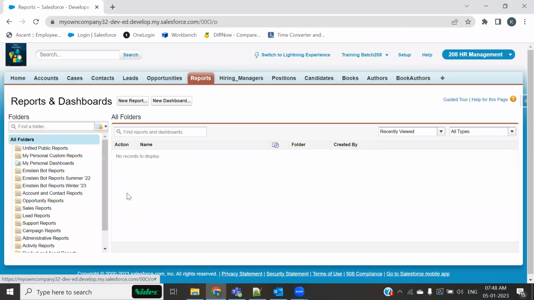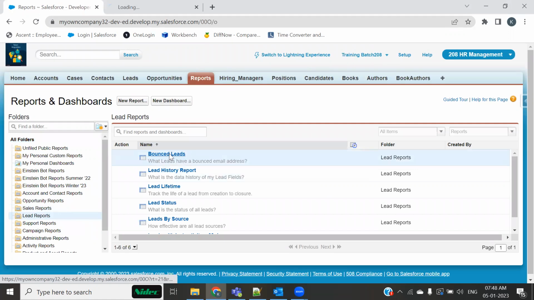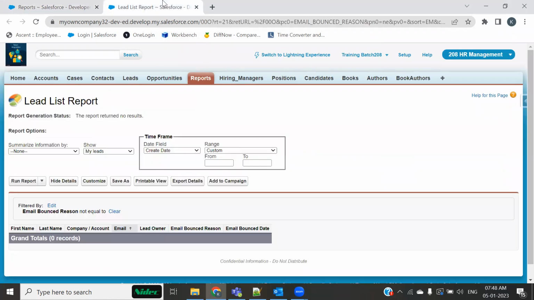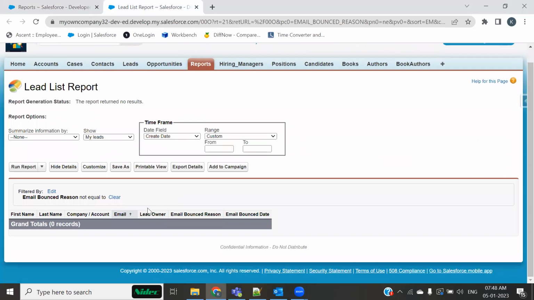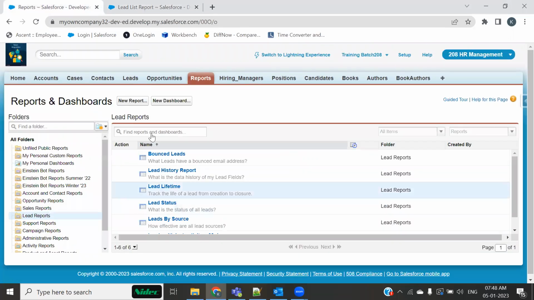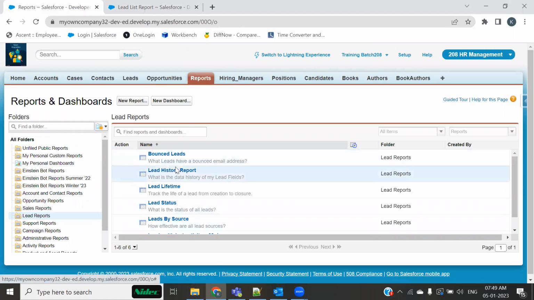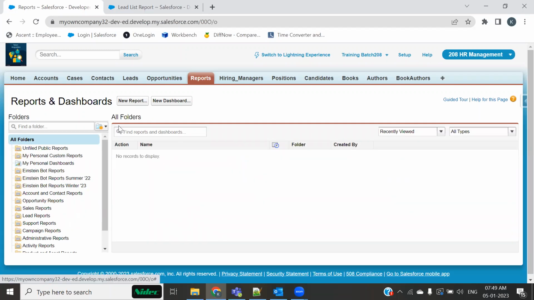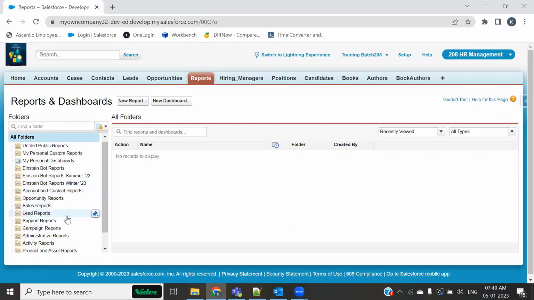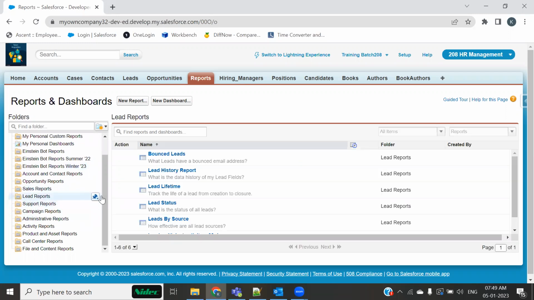There are so many of them as well. If I click on, for example, lead, there's a report called bounce lead. When I click onto this, I can see this. Now, whatever we are looking at right now, let's try to first understand this. There are two things that I have identified. As soon as I click onto the reports tab, I can see that Salesforce has given us a few sample reports. Like if you click onto this,